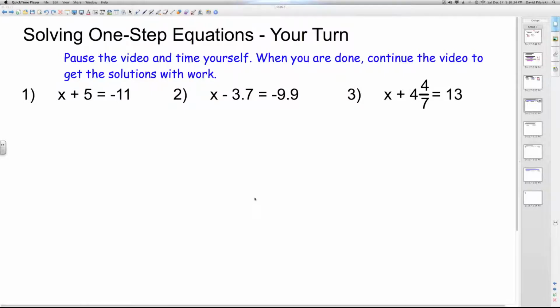What you're going to do is pause the video, time yourself, and solve these three problems. When you're done, continue the video to get the solutions and see me work them out. When I work out the solutions at the end, check to see how you did, comparing your work to my work to see how accurate your work was. So,